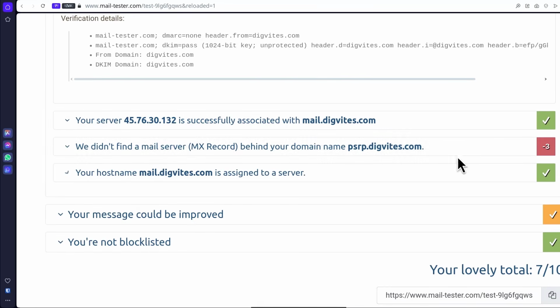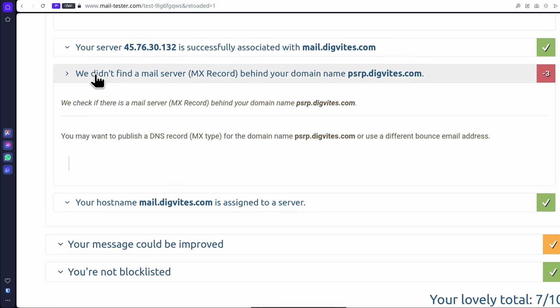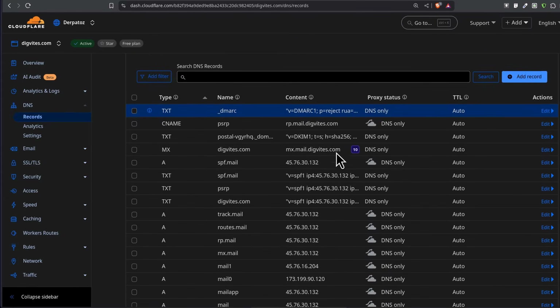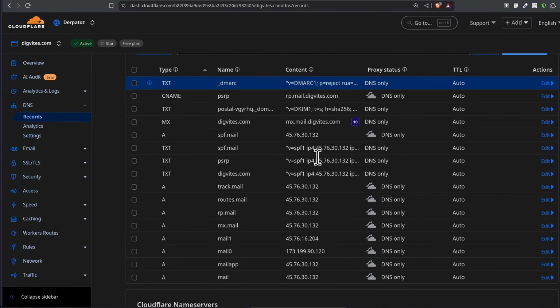And here we have a big problem. We didn't find a mail server MX record behind your domain name. I can add an MX record for that server. And what is our default MX record?